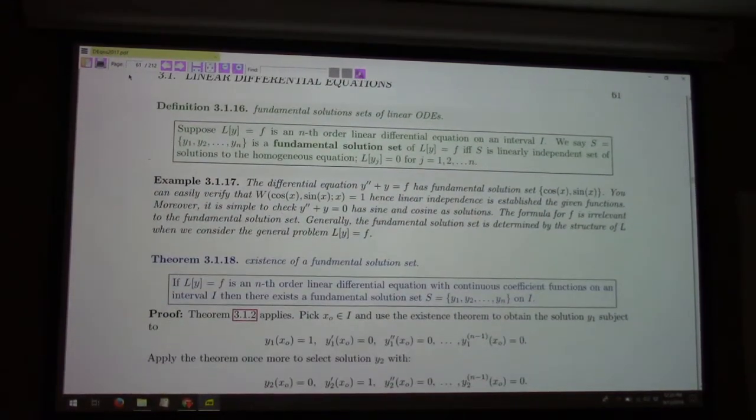And finally, that brings me to the punchline, where we're nearing the punchline for today, which is that if we're solving the linear differential equation L of y equals f, if that's an nth order linear differential equation on the interval I, then we say that the set y1 through yn is a fundamental solution set if the following is true. If, first of all, this set of functions is linearly independent, all right, and each one of these has to actually solve the homogeneous